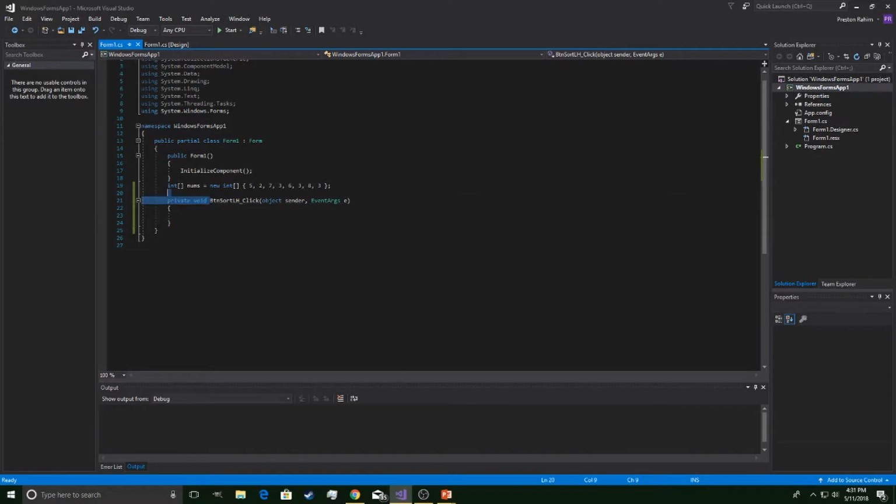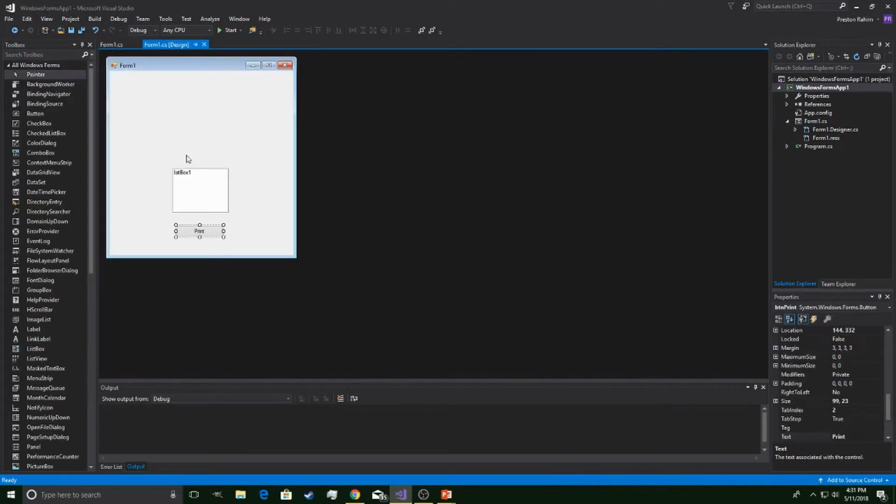Don't worry about the name, that's a little error I had, but everything will work just fine. And I've already defined an array of integers. So we have a bunch of different integers here. And basically, what we want to happen is just when we click this, it prints out those integers into